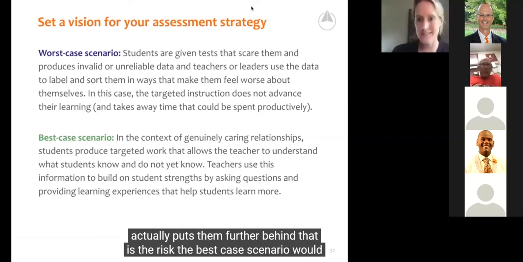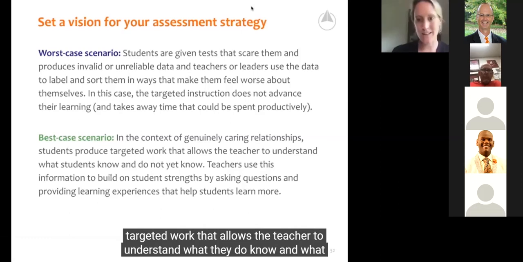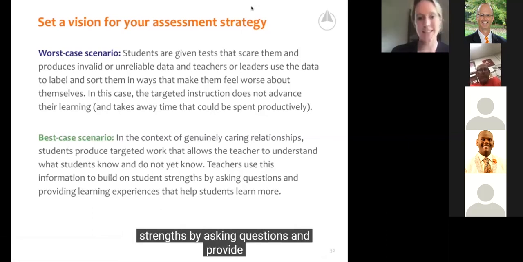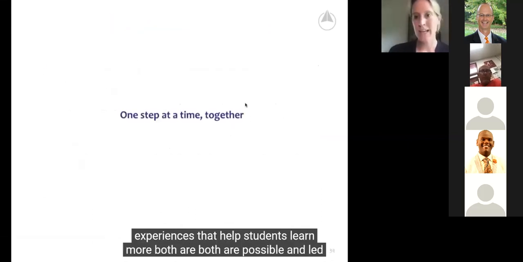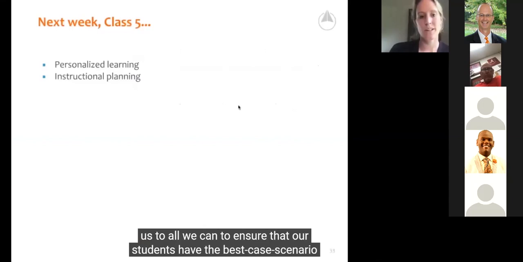That is the risk. The best case scenario would be that in the context of genuinely caring relationships, students produce targeted work that allows the teacher to understand what they do know and what they do not yet know. And they are able to use this information to build on student strengths by asking questions and providing learning experiences that help students learn more. Both are possible, and let us do all we can to ensure that our students have the best case scenario